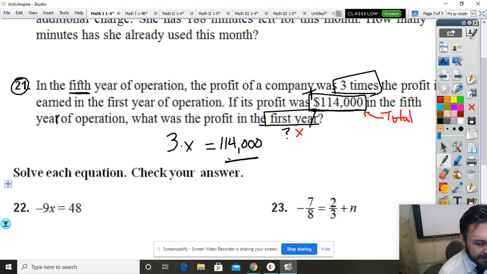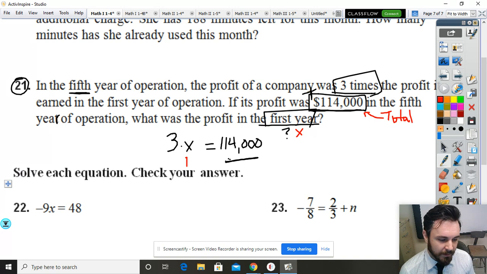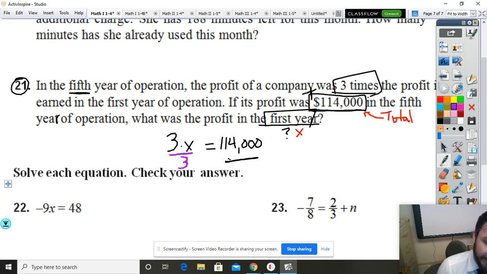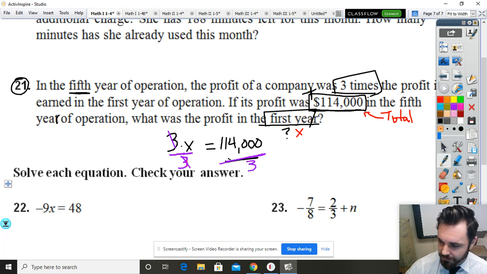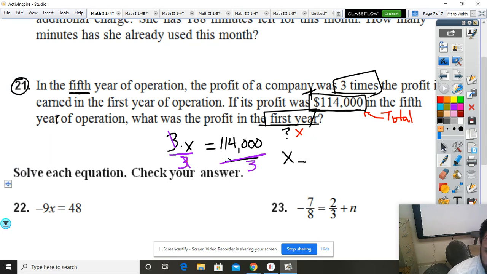I got to solve for this unknown. Could I just plug in values? Let me plug in 1. 1 times 3 equal 114,000. Let me try 2. So you can see it's going to take a minute. Or let's get x by itself. I'll divide by 3. If x is being multiplied by 3, I need to divide by 3. Here, I can't do it to one side without doing it to the other side. So really, I've got x by itself. All I have to do is solve what is